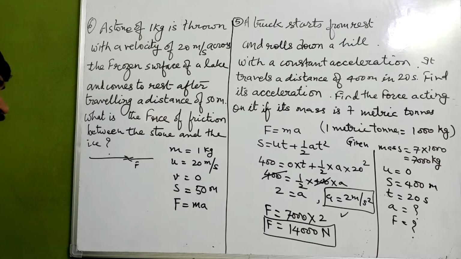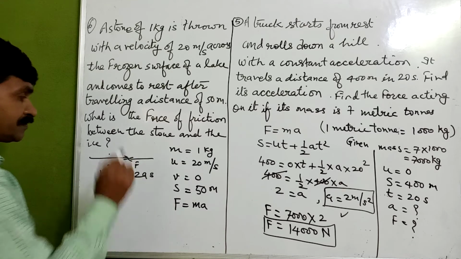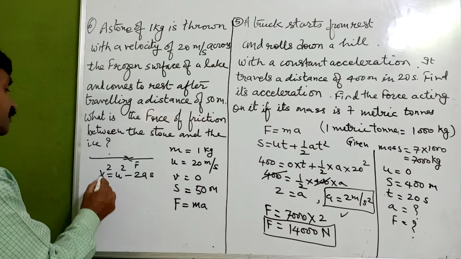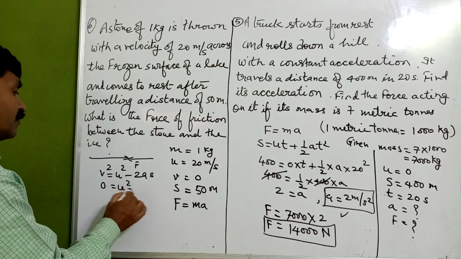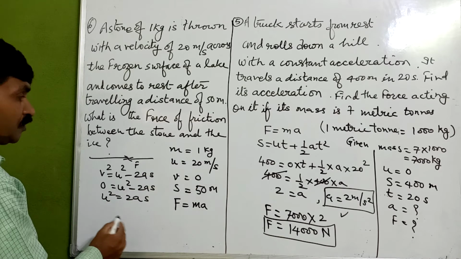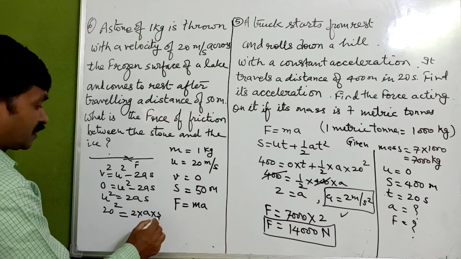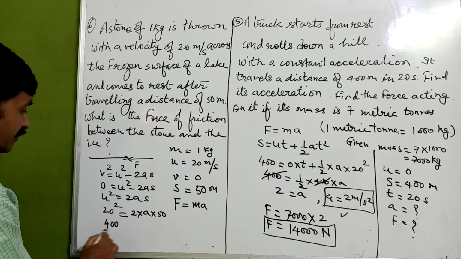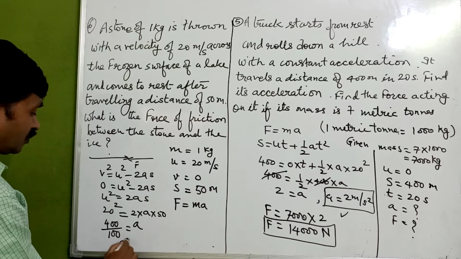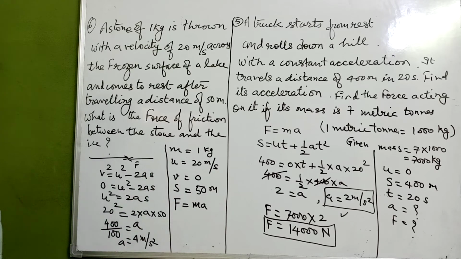Here we have this, we have to determine it, so we can use v square is equal to u square minus 2as. Now final velocity is 0. We can substitute it here. u square minus 2as, so u square is equal to 2as. u is given to you, 20 square, equals 2 into a, a is not known to us, s is 50 meter. So here we are having 400 divided by 100, 2 into 50. So a is equal to 4 meter per second square. This is the acceleration which we have got.